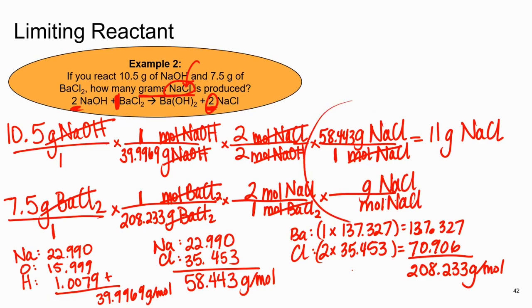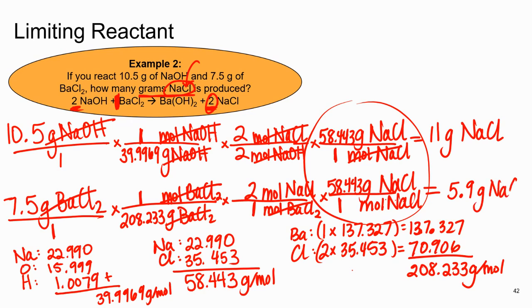This last step is usually the same when we're dealing with the limiting reactant problem. We're trying to get into grams of the product, sodium chloride. So we can just copy down that molar mass of sodium chloride. When you multiply everything in the numerator, divide by what's in the denominator, the 208, you should get 5.9 grams